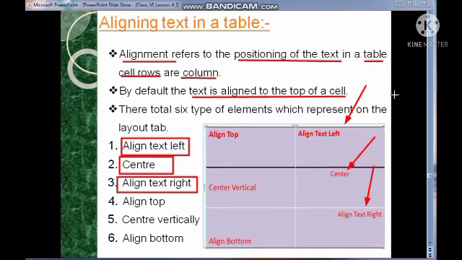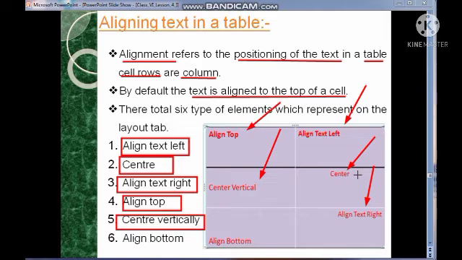Afterward, align top. Align top means it displays the text at the top; as I told you, by default text is aligned to the top of a cell. This is align top. Then center vertically means the text will be displayed in the center vertically, as you can see in the table, and this is the horizontal center.